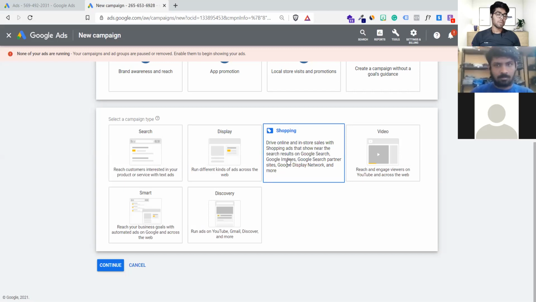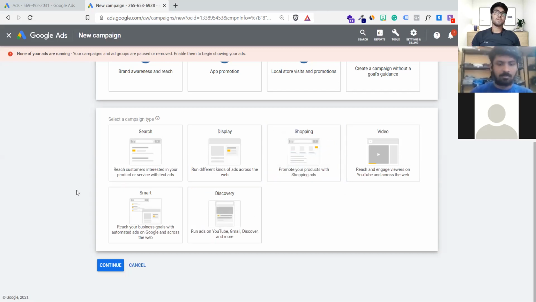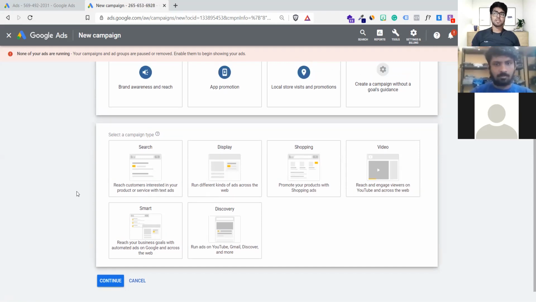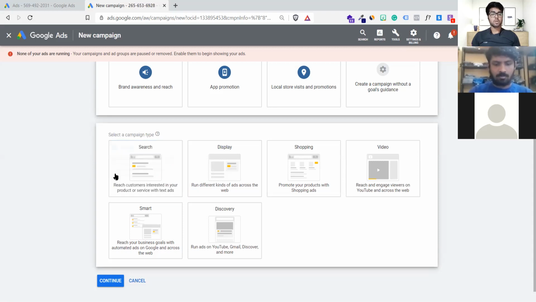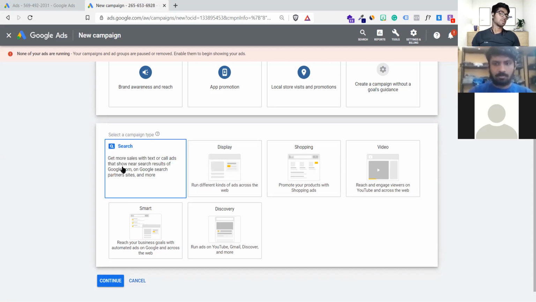It is a little complex, but if you are a very new brand, or someone looking for any kind of service apart from e-commerce, like a rental apartment, and you are a property dealer who provides property in your area, you can start running ads for yourself. Those people who are searching for 2 BHK flats at 40 lakh rupees, you can create your own website and start doing a search campaign. It will be helpful. So we're going to click on this search campaign right now.